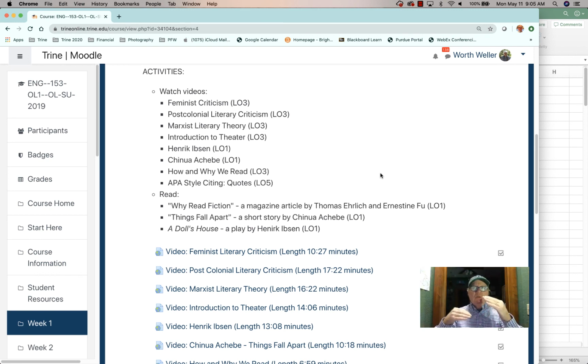So to repeat, to kind of summarize here about critical theory, feminist criticism looks at power imbalances between genders. Post-colonial literary criticism looks at the power imbalances between European powers and native people of countries, okay? And then Marxist literary theory looks at the power struggle between different elements of capitalism, all right? And it's not saying capitalism is bad. It's not asking you to be communist or anything like that, okay? It's looking at power struggles. And it can be very, very illuminating. It can be actually very interesting. You say, oh, wow, look at this. Look at what this author is doing here, okay? And what they're all doing is they're talking about history, okay?